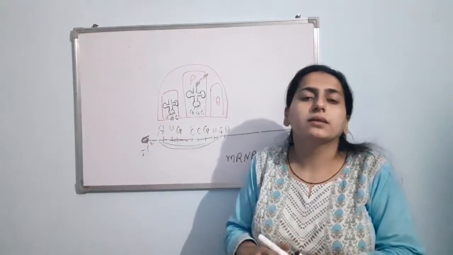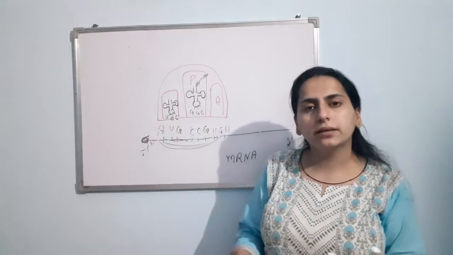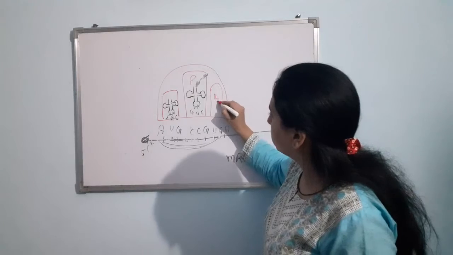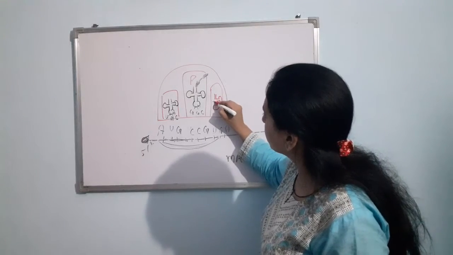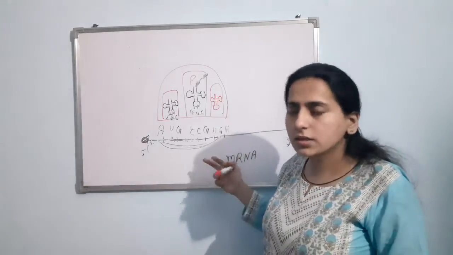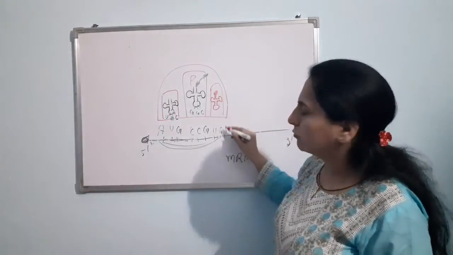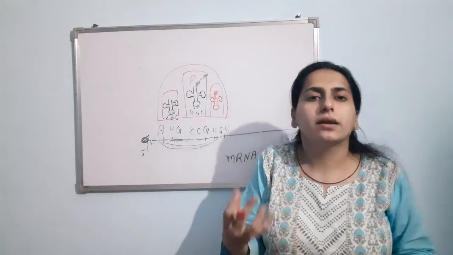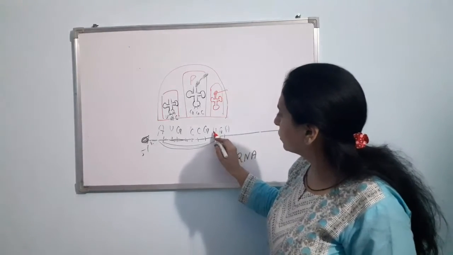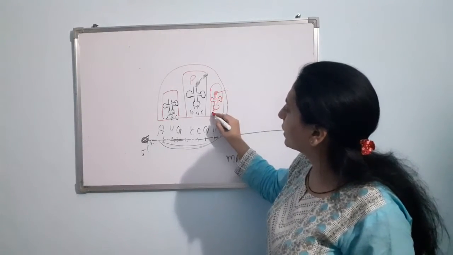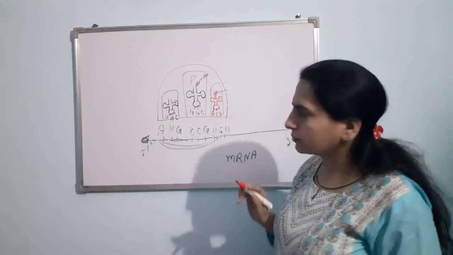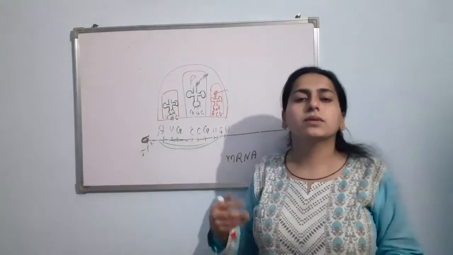Now what will happen again? The charged tRNA will come on the A site. So here let me make the charged tRNA. Now this charged tRNA will be having the anticodon of this and the amino acid for this. That's why it is charged tRNA. This is the amino acid. Clear? Now, for U it will be having A, for G it will be having C, and for A, U. Like this. Again the same thing will happen.